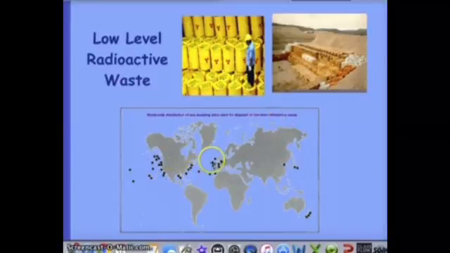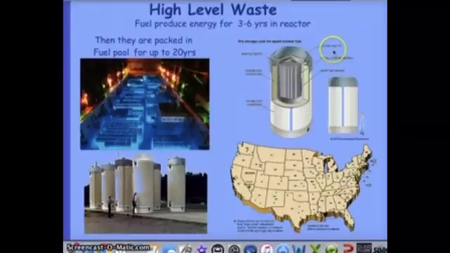So you can see that it's not just on the surface or on land, but in oceans that they throw this waste. High level, first of all, a fuel pellet can undergo fission in a reactor for 3 to 6 years. Once it stops, it's still highly radioactive, so they have to put these pellets into pools, which are known to be really excessively packed. So they're putting excessive amounts of pellets in a fuel pool, which the power plant has to provide, and it could be there for up to 20 years, depending on radiation.